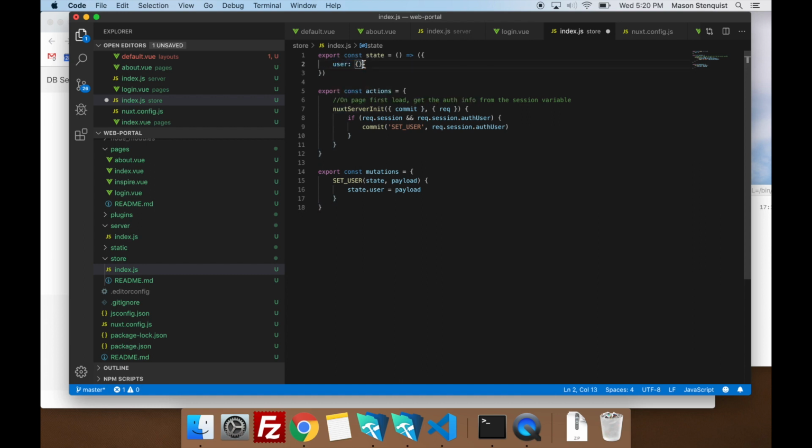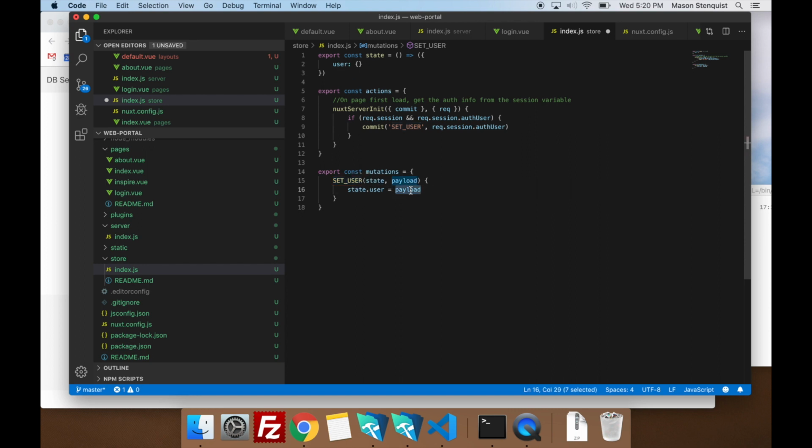Initially it starts as nothing. And then we want an action, and our action just on server first load, we're going to pull out of our request object. So this comes from Express itself, and we're going to commit right here the set user, which just updates our state with our payload.